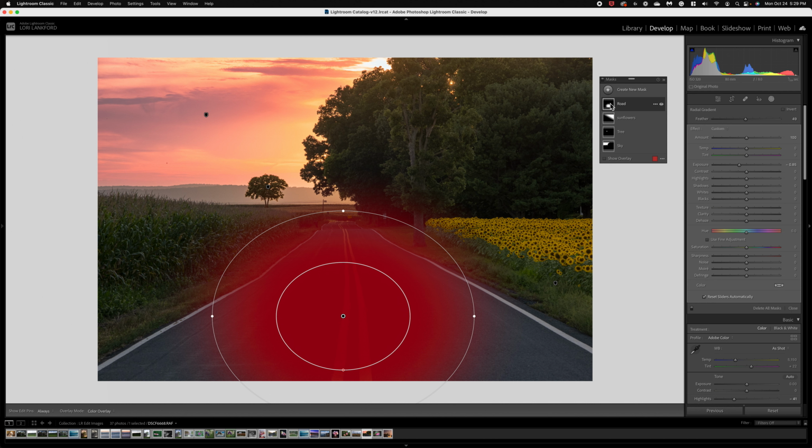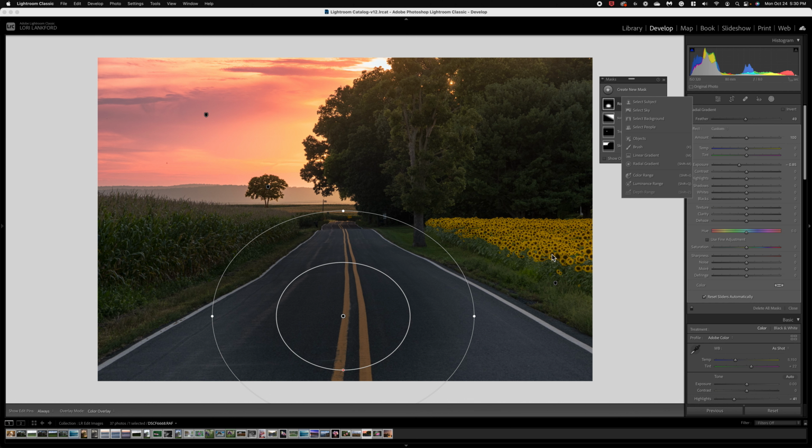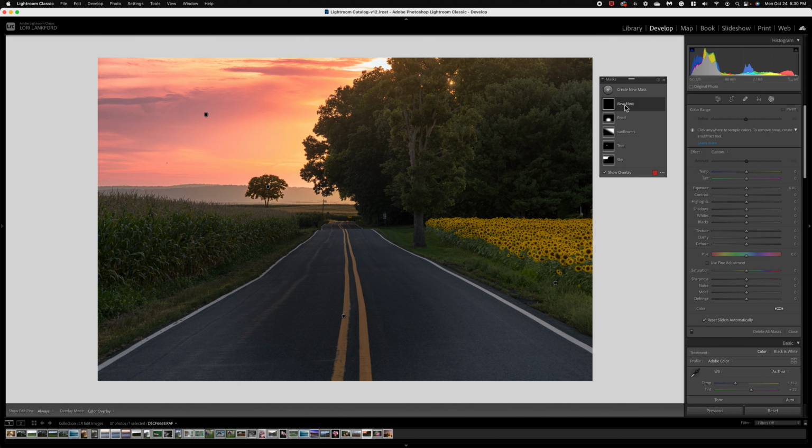So in this image, I want to show you how we can selectively use color range to impact just the tops of our sunflowers. All right, so to get started, we're going to select color range, and it's going to create our new mask here. Now I'm going to go ahead and label this, double click on it,